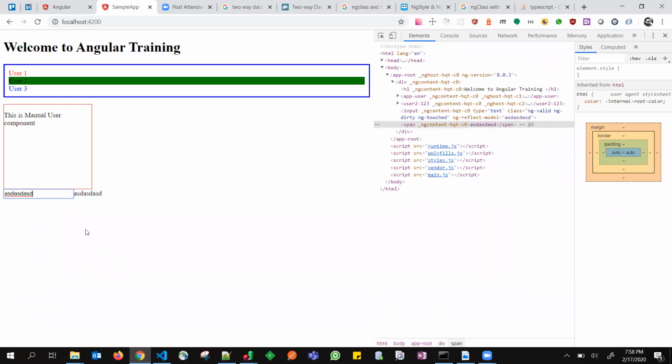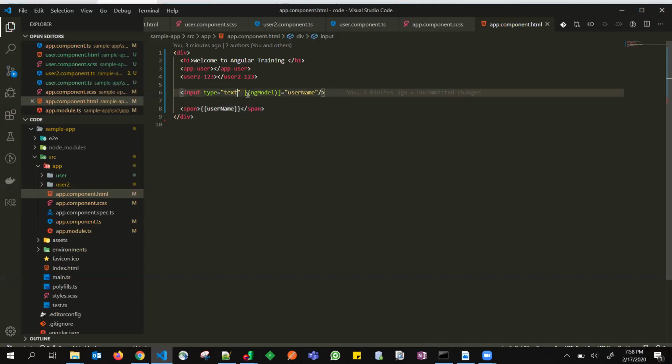So it helps whenever we have forms validation or something. We'll cover that later, the forms directive, and forms creation with the forms module, using the reactive module or the normal forms module. But this is a basic fundamental we have to understand in ngModel. So how does it work? Because we have here two